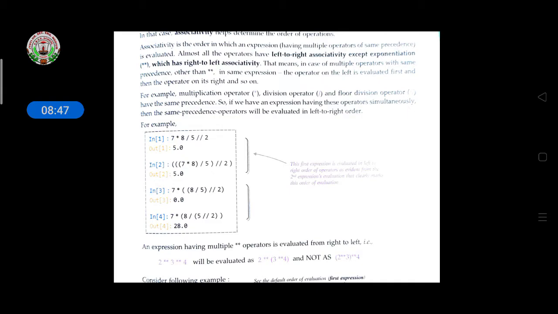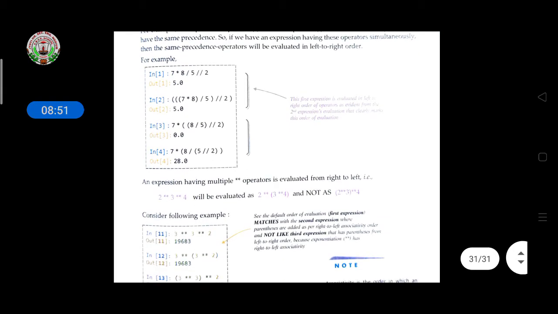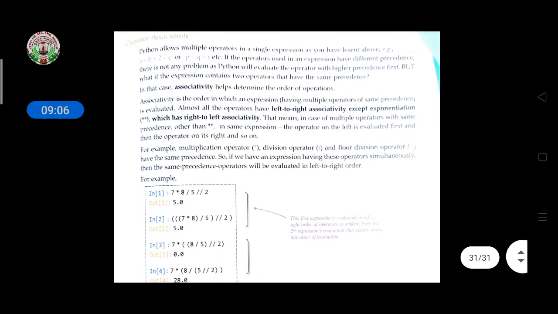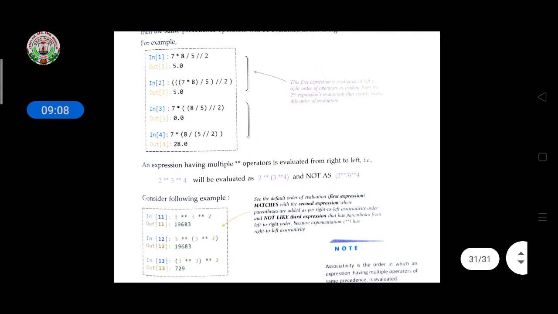Like this it is evaluated here, and then the result comes to 2. Means first the multiplication operator will work, second the division, and the third one, floor division, will do the processing here. So like this at last we got the answer.